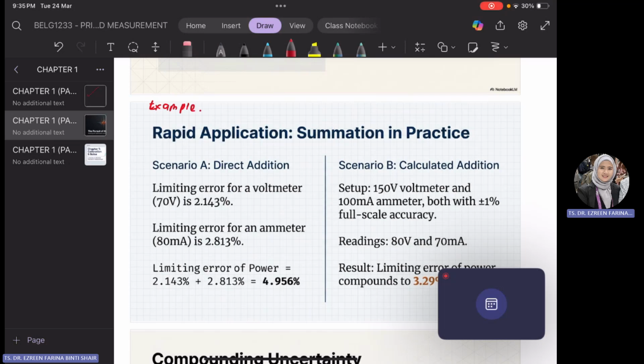Okay. So the first example, scenario A, is when you have a limiting error for a voltmeter at 70 volt is 2.143%. And the limiting error for an ammeter at 80 milliampere is 2.813%. So to calculate the limiting error of power,